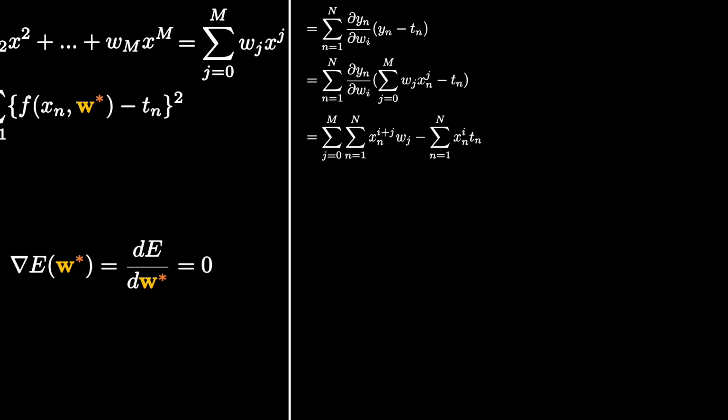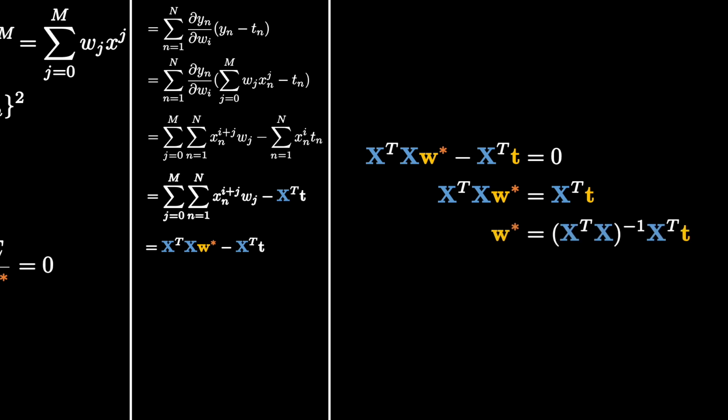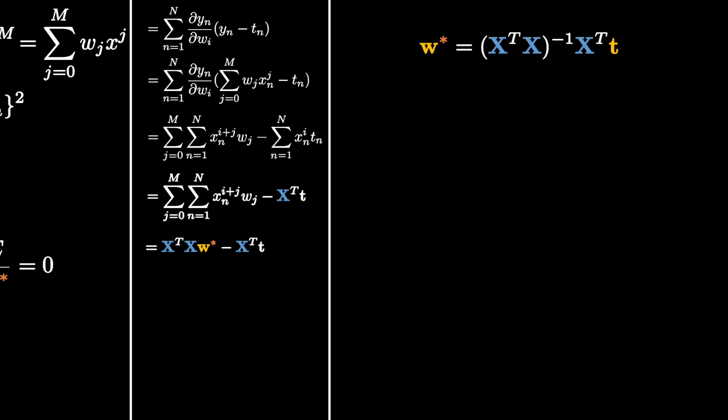Now we try to formulate all these terms in the form of matrix vector products. You can see that the second term can be written as the transpose of X matrix and the target vector. Again, orange is for the vector and blue is for the matrix. And similarly for the first term, it can be written as this. And finally, we would try to solve this equation consisting of matrices and vectors. Moving the second term to the right hand side, and finally we have a solution for the weights that look like this. And here it is in all its glory.